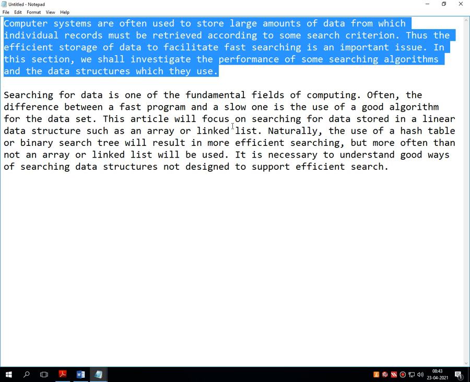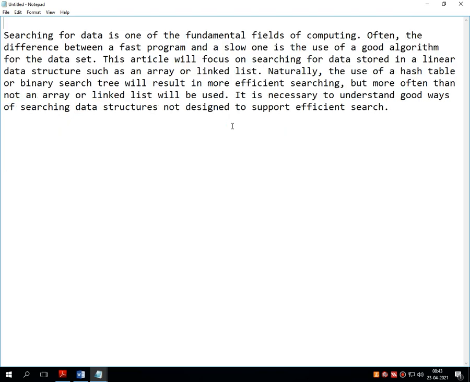So in this section, we will discuss the various search operations. Searching for data is one of the fundamental fields in computing. Often the difference between a fast program and a slow one is the use of a good algorithm for the data set.